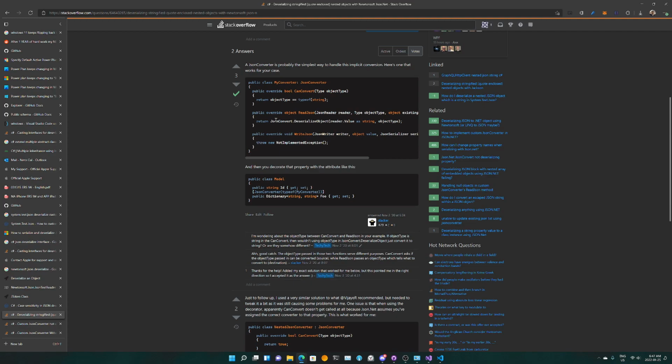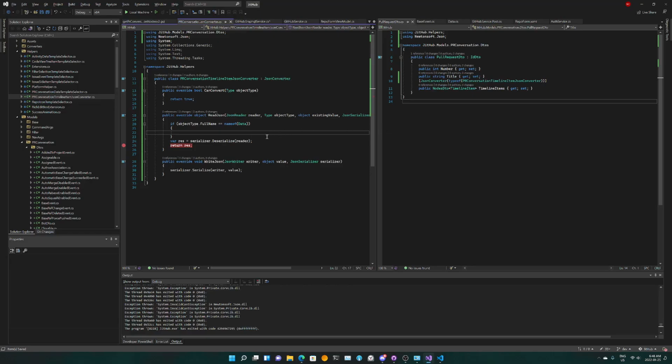And over here it's saying JSON convert reader.value. Okay, so we do have a reader.value. That's good to know. So let's just get it out here. So var value equals reader.value, and we'll just take a look at what the value is at this point. And we can decide from there.